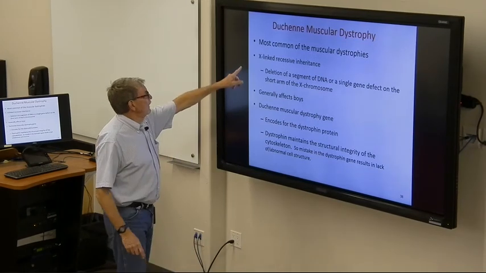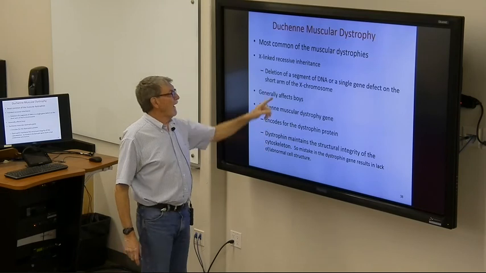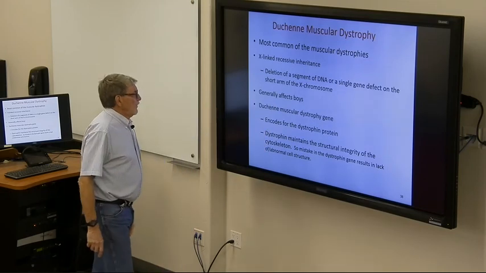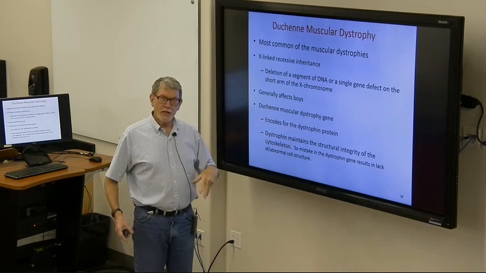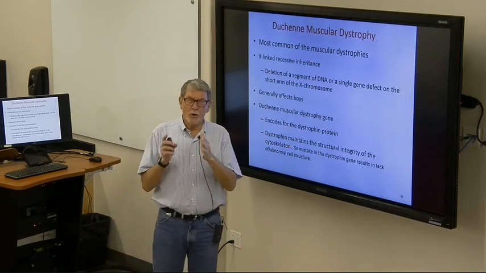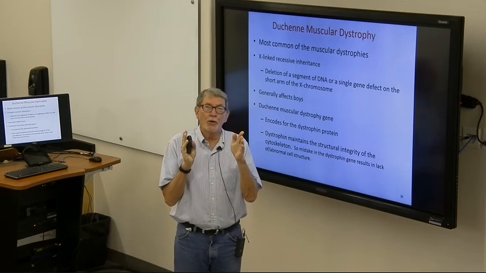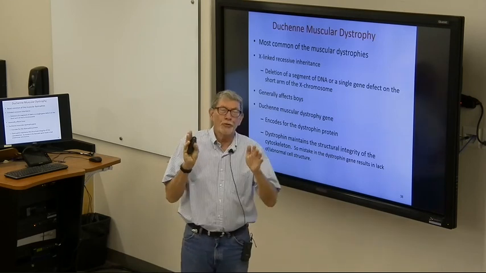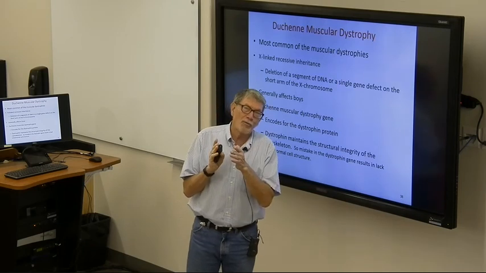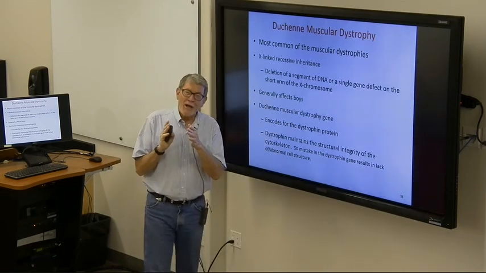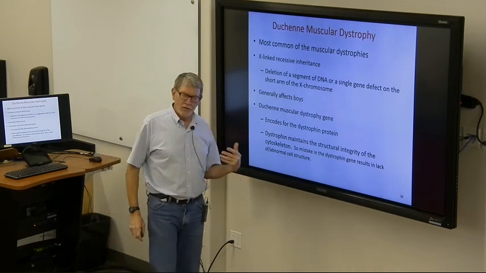And it is an inherited DNA abnormality that doesn't allow this protein to develop that causes the cytoskeleton inside the muscle cell to develop properly, and so the muscle cell can't develop well, it can't perform, they tend to atrophy and die off, and it gets worse and worse as time goes on.